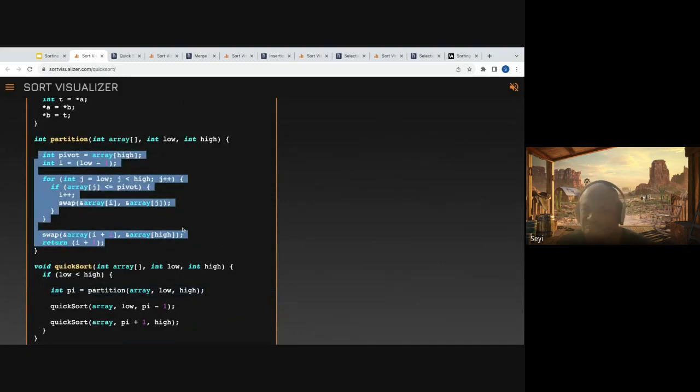So the work here is how do we partition the array, which they did here. Now, I won't go into this now. Maybe you can look that up, but there are many ways to partition the array. So essentially, you can think of the problem like if I have an array and I have a number, can I rearrange the array such that all the elements that are less than the number on one side and all the elements that are greater on the other side? Then it becomes trivial to solve.